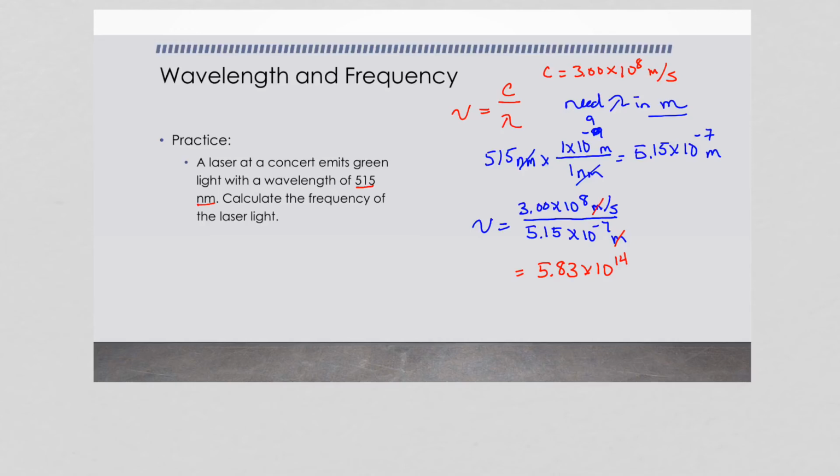And again, what are my units? Well, I have just division by seconds, or seconds to the minus 1. Or we could also write this as hertz. So my frequency here, 5.83 times 10 to the 14 reciprocal seconds. So we have a lot of waves passing by this point every second. Okay, so let's turn our attention back to looking at the general properties of waves, and